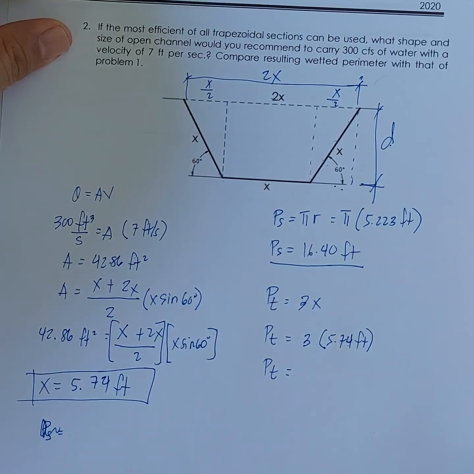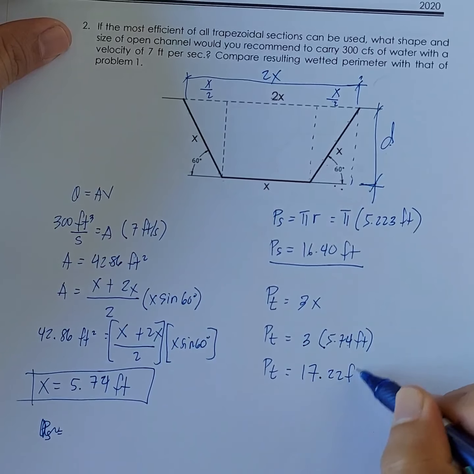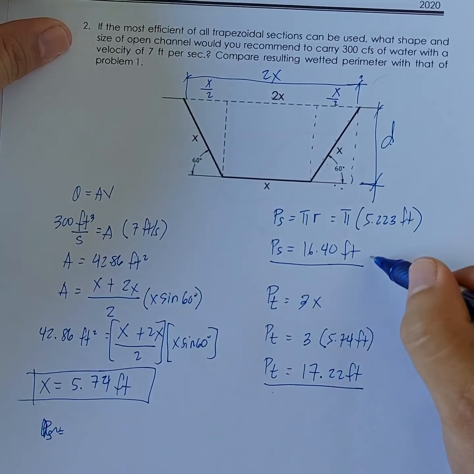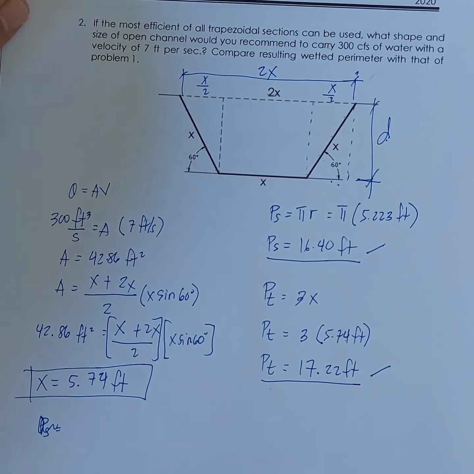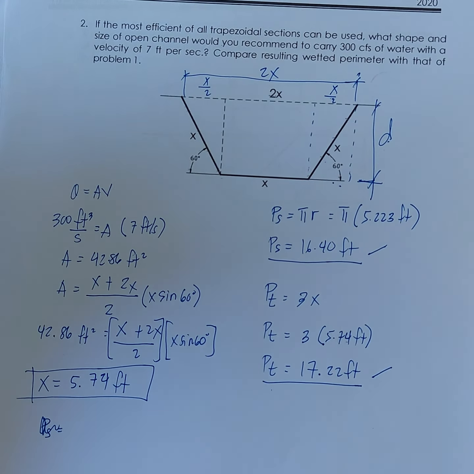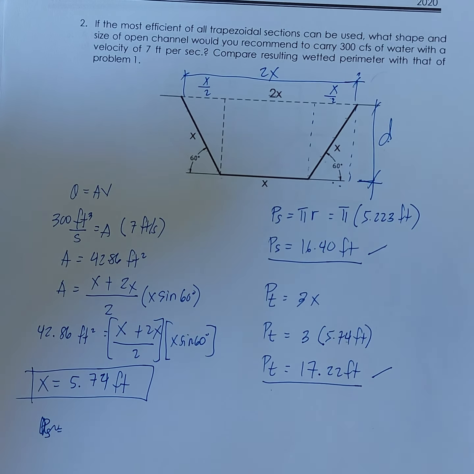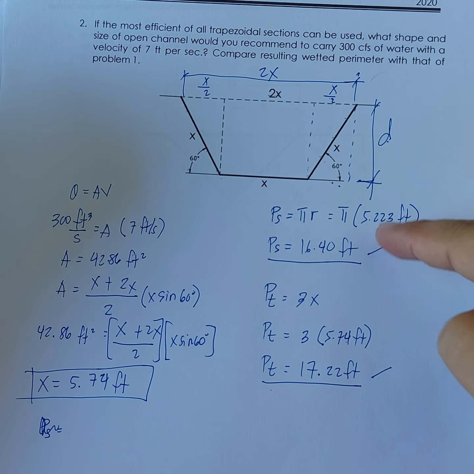So the wetted perimeter is 17.22 feet. So you compare the two. Compare mo yung dalawa. They have the same area of flow, the same discharge, the same velocity, but they have different wetted